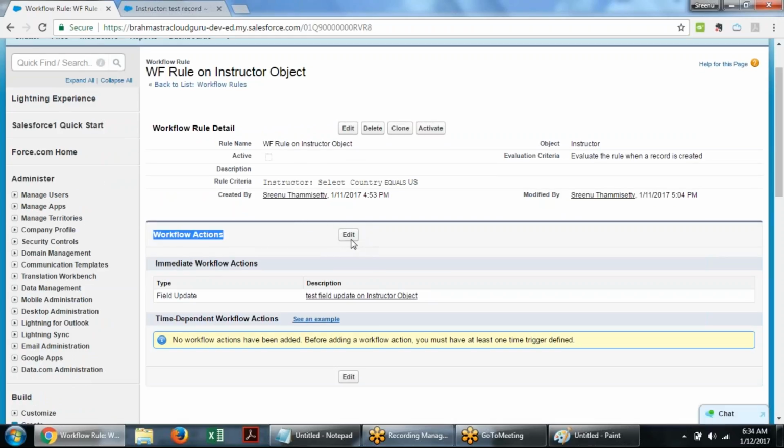Click on edit here, okay, not here. So this opens the properties. Like name you can change, all those settings. So here to add the workflow actions, click on edit and then